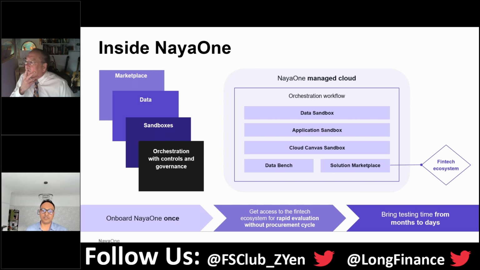So within the sandbox, we've actually got 4 components, and this is how we accelerate from 12 months to a month at about 80% less cost. We have a marketplace of about 120 different tech providers that are technically accessible. So I want to emphasize that point. This isn't a directory of fintechs around the country and around Europe and US. It is actually 120 companies that you can access once you're authenticated through NayaOne,